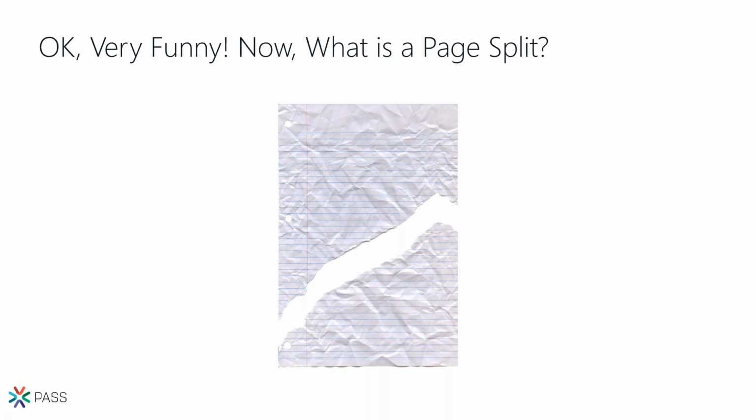Now, there is no room in the leaf level of the index in the relevant page to put the new row. So what happens is SQL Server has to perform a page split. It allocates a new page somewhere. It's probably not in the same location because it's full. Okay, so it allocates a new page. It moves 50% of the original page to the newly allocated page, and then there is room for the new row to put in the original page. It also has to maintain the pointers between the pages in the leaf level of the index.